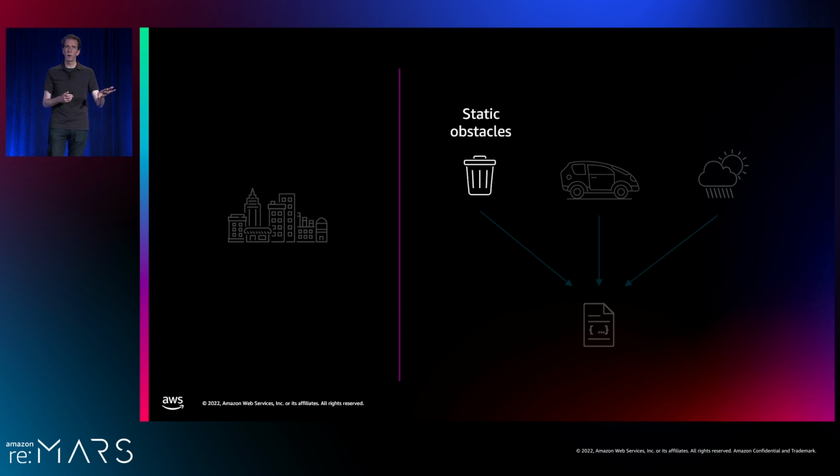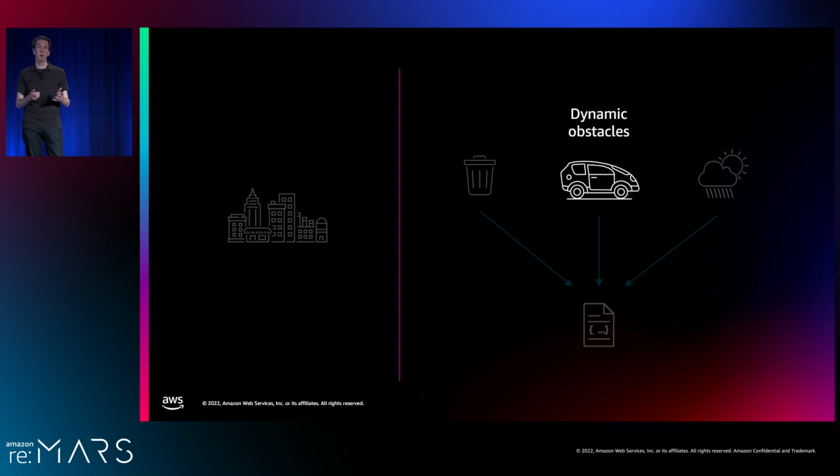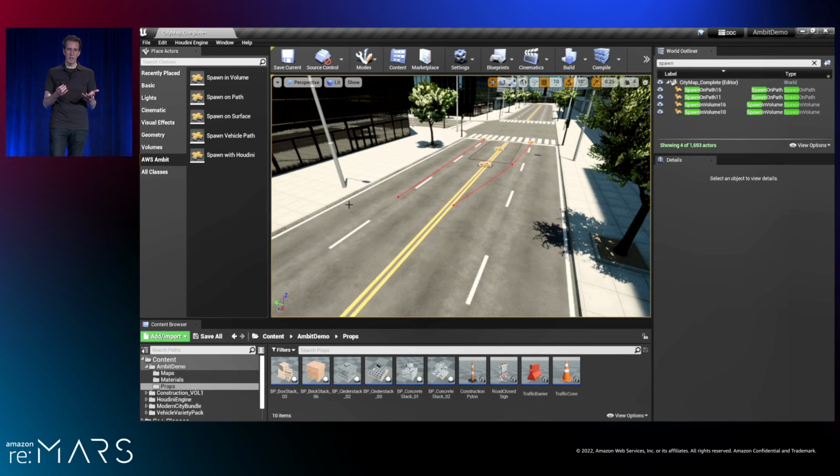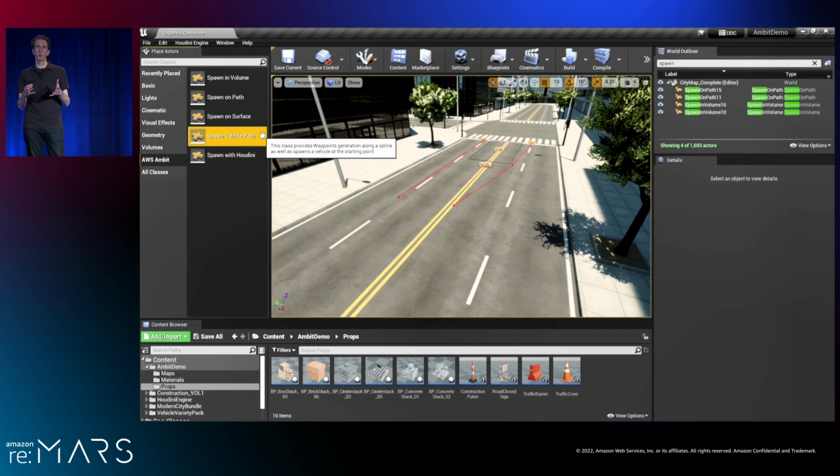So that's a little bit about the static obstacle tools. Let's take a look next at dynamic obstacles. So in your simulations, you are always in control of the hero vehicle, right? The vehicle under test. That is, your implementation is going to drive how that thing navigates through the environment. But in addition to having these static obstacles that vehicle may encounter, it's often advantageous to have sort of adversarial vehicles that it has to contend with.